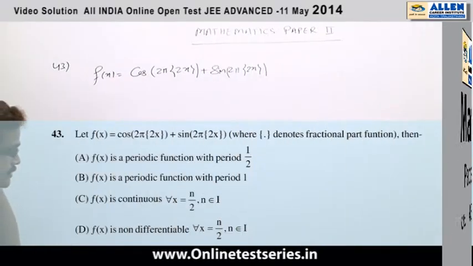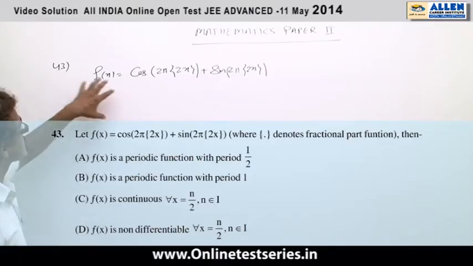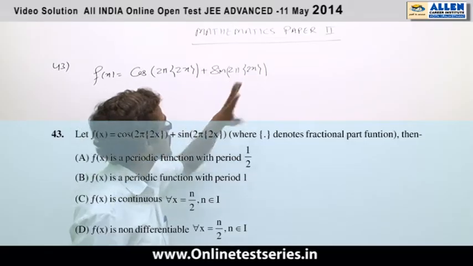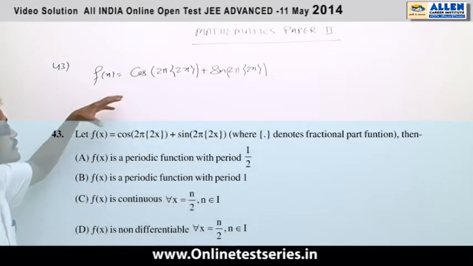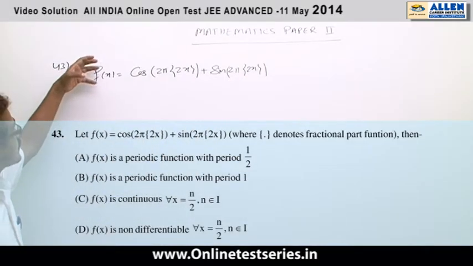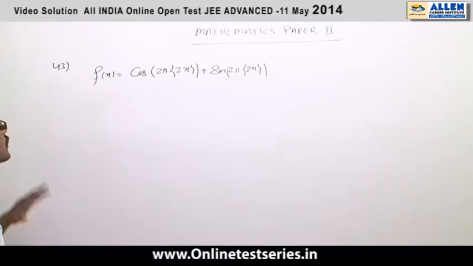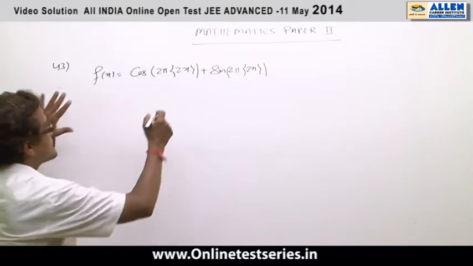So now start the question number 43, in which a function f(x) is given: cos of 2 pi fractional part of 2x, sine of 2 pi fractional part of 2x, and we have to decide some options according to options of results for this function. In option 1 we have to find the period of this function,